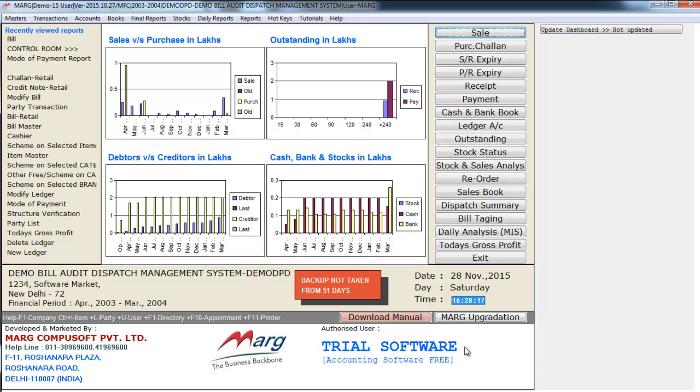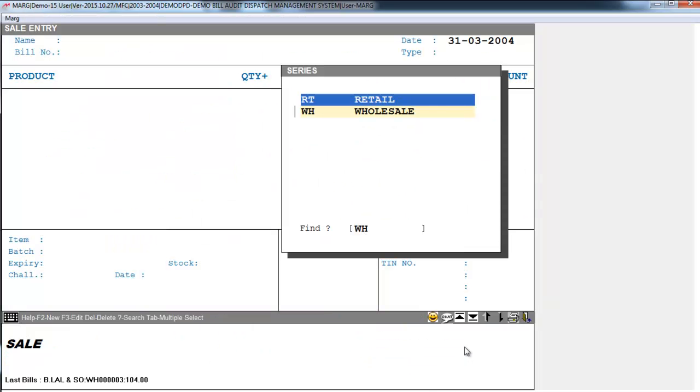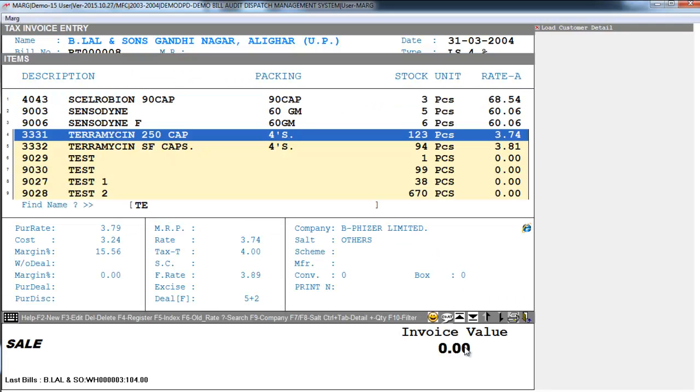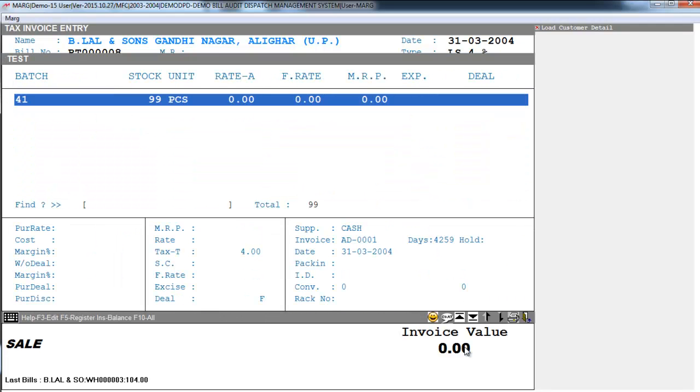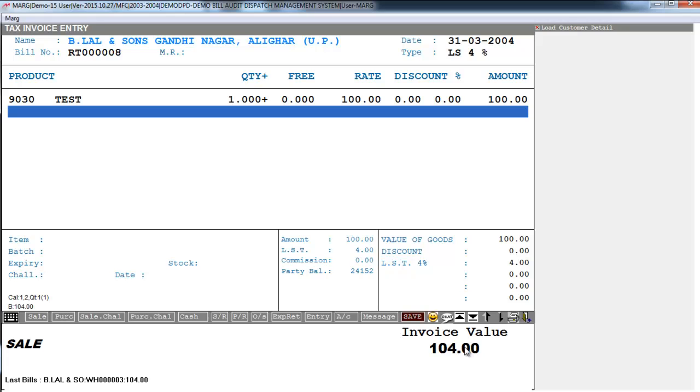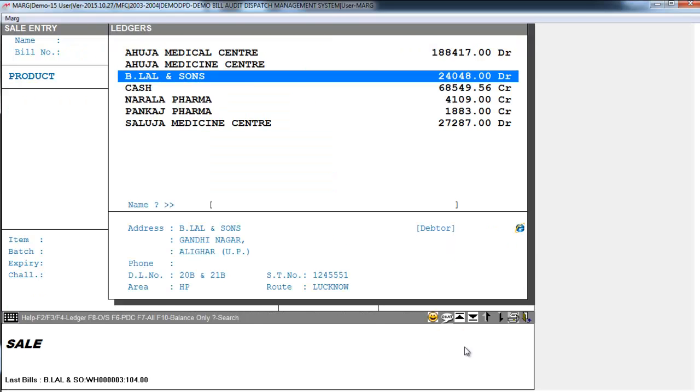And if I create the same bill in retail of same quantity and amount 100 rupees, then you will see that it has been included in the bill because in retail rates are included. So in this way series can be used in different ways.